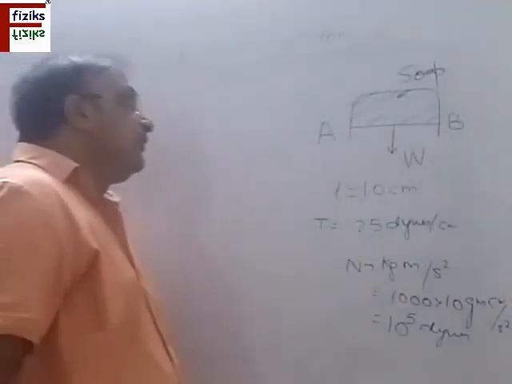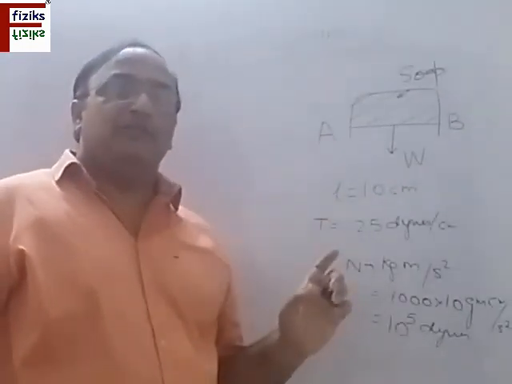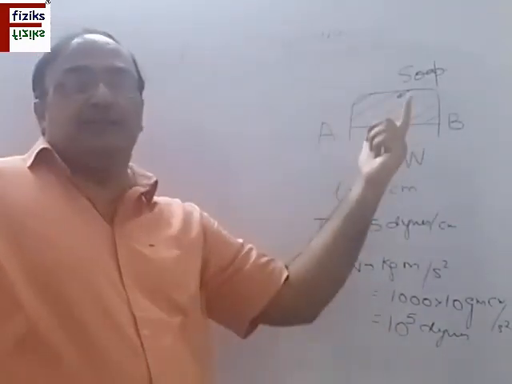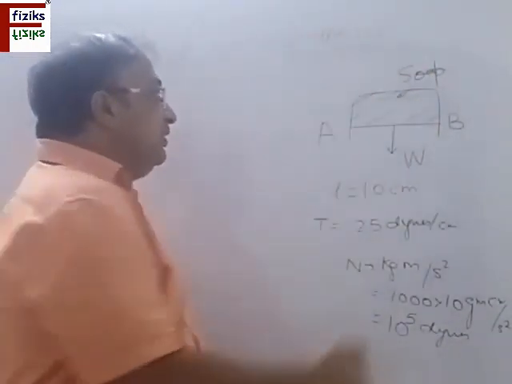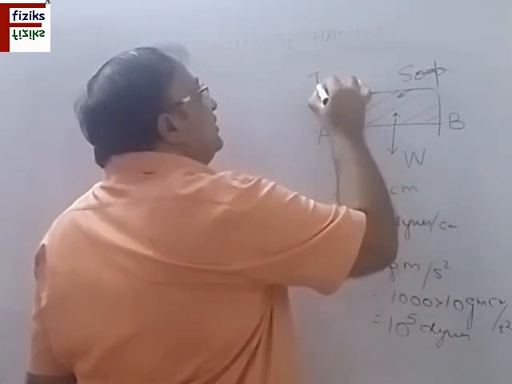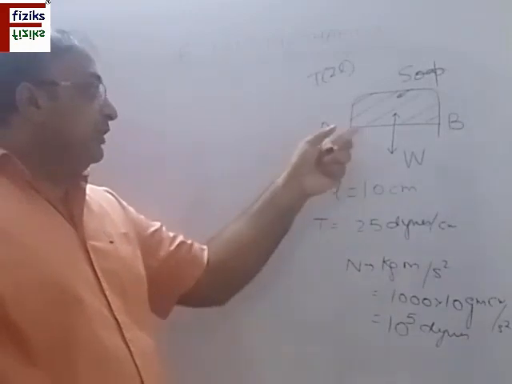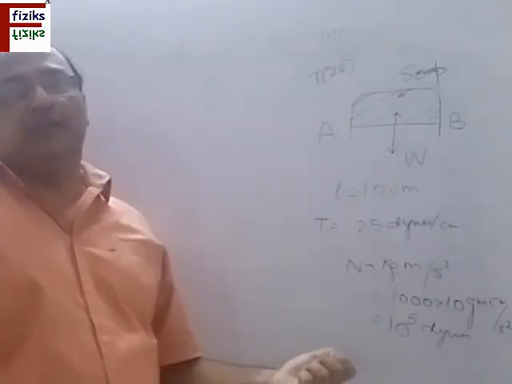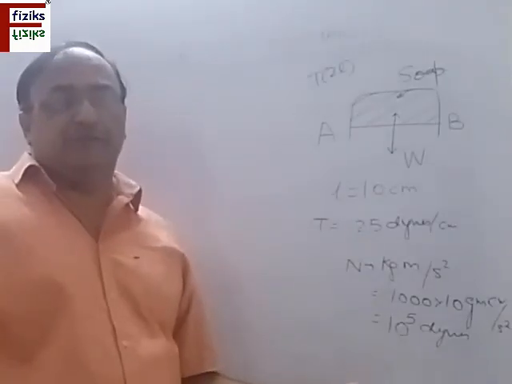Now my question is, the wire AB is sliding in the upward direction. The reason behind this is the soap solution has formed a surface. The surface is stretching and trying to have minimum surface area. So AB is being pulled in the upward direction. What is the force acting on this side? This is surface tension into twice the length of the wire. Length of AB is 10 centimeter. So the question is, what weight has to be put on this wire AB in the vertically downward direction to keep it in equilibrium? Remember, the weight of wire AB is negligible. So this is the question.